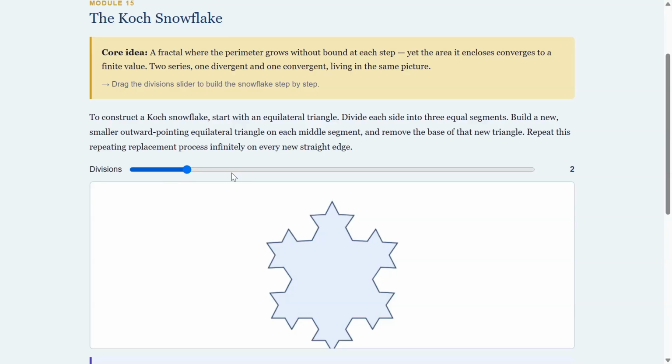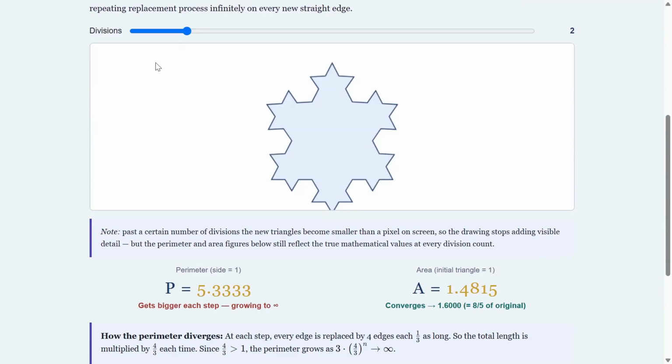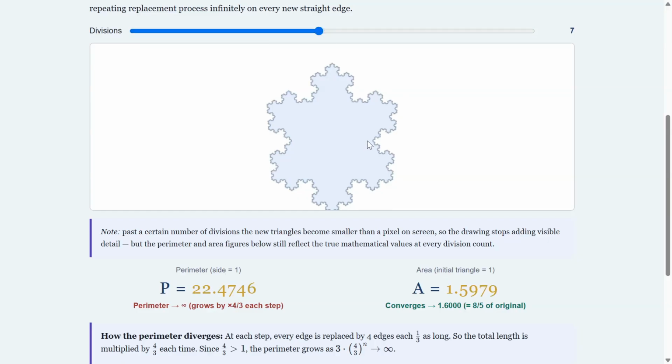And then for each one of these remaining sides, do the same again. We can see that the shape is increasing in size and it has an increasing number of sides. If you do the calculation and look at the perimeter and the area, the perimeter and the area are increasing. It should be obvious that the area will be bounded because you can draw a circle around the outside. And it turns out, if you do the maths, that the area will become 1.6 times, or 8/5, of